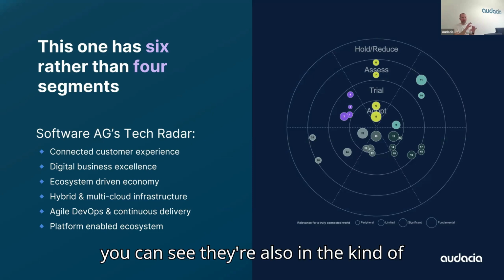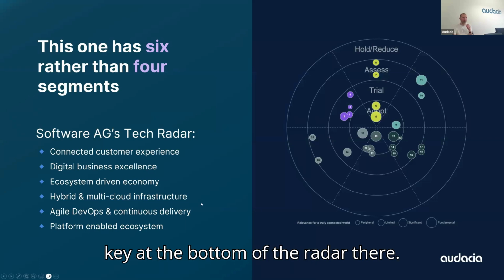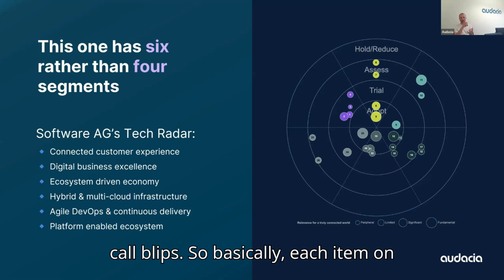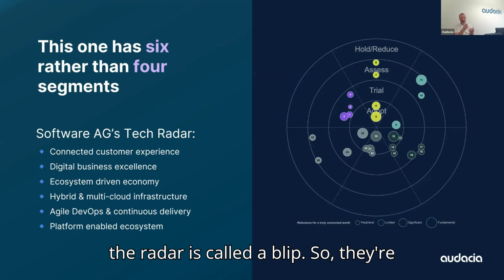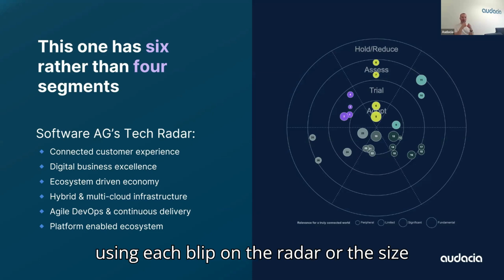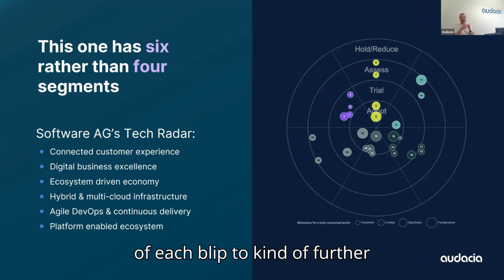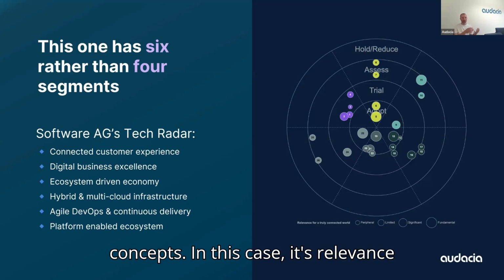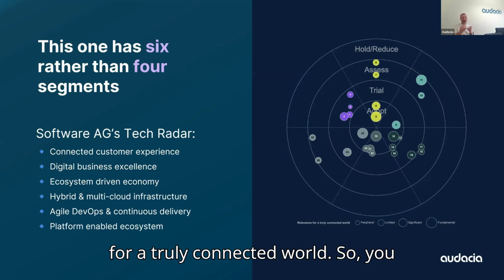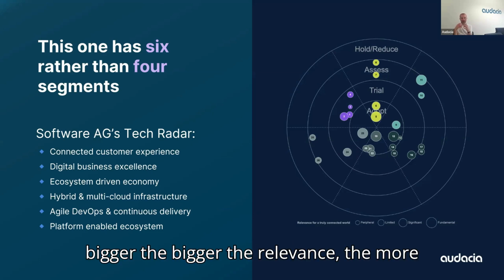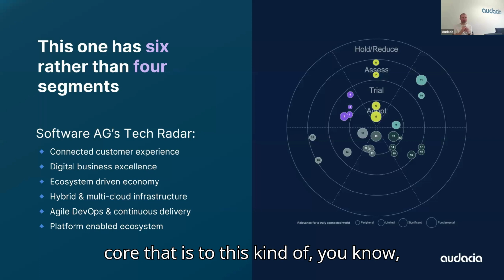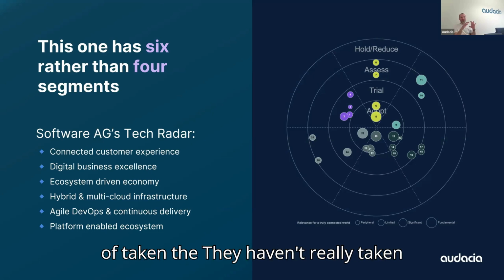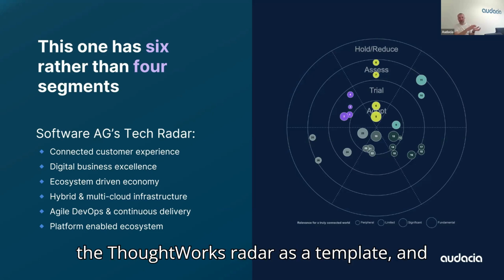them. And you can see they're also in the key at the bottom of the radar there. They're also using what we call blips. So basically each item on the radar is called a blip. So they're using the size of each blip to further represent some kind of concept. So in this case, it's relevance for a truly connected world. So in a way, the bigger the blip, the bigger the relevance, the more core that is to this kind of connected world. So obviously, they haven't really taken the ThoughtWorks radar as a